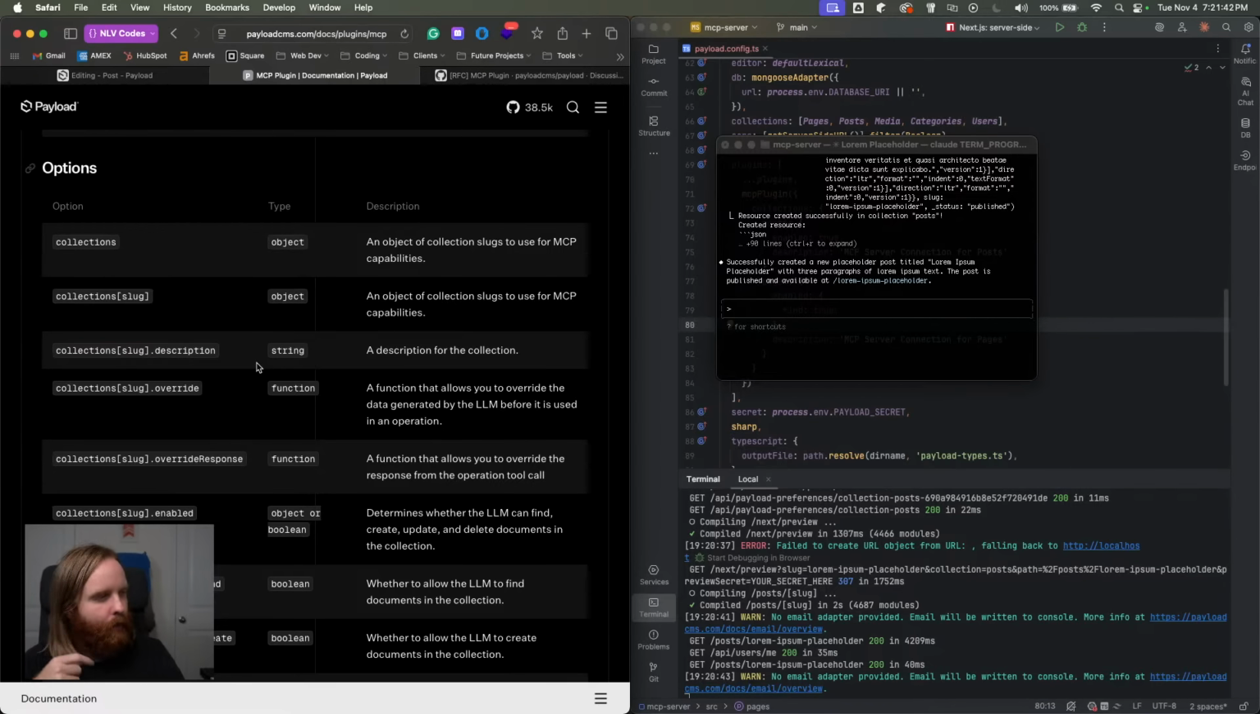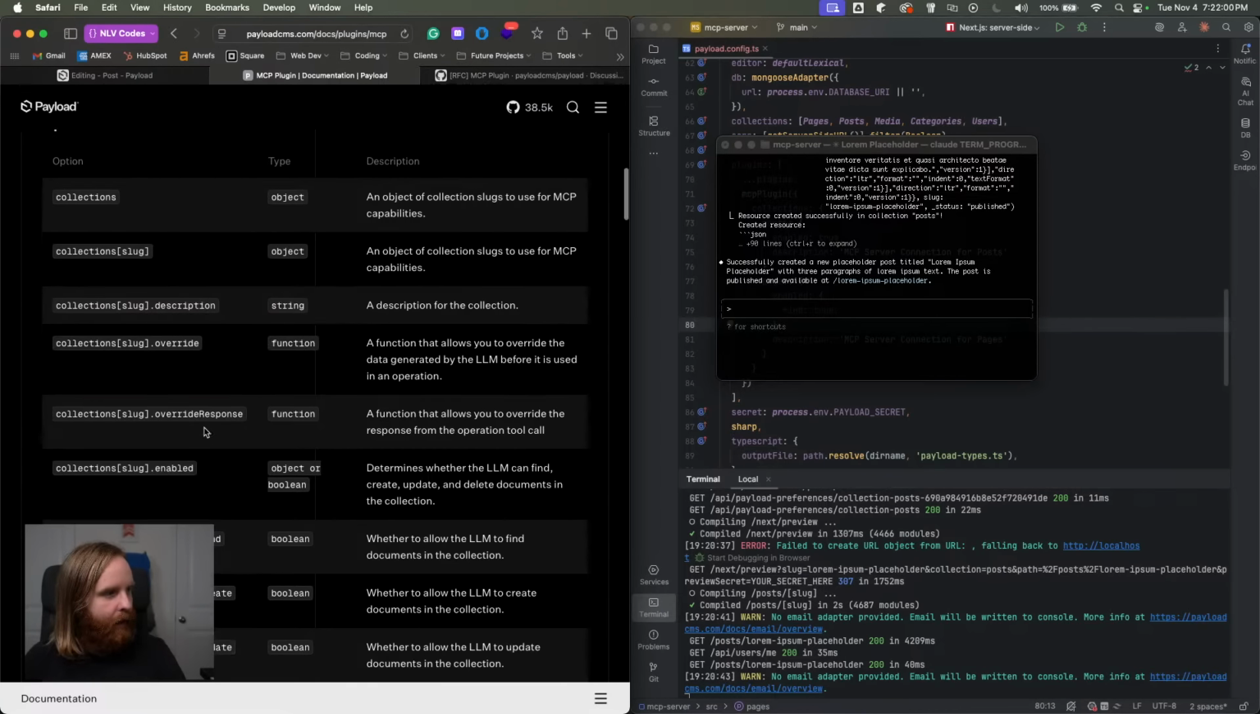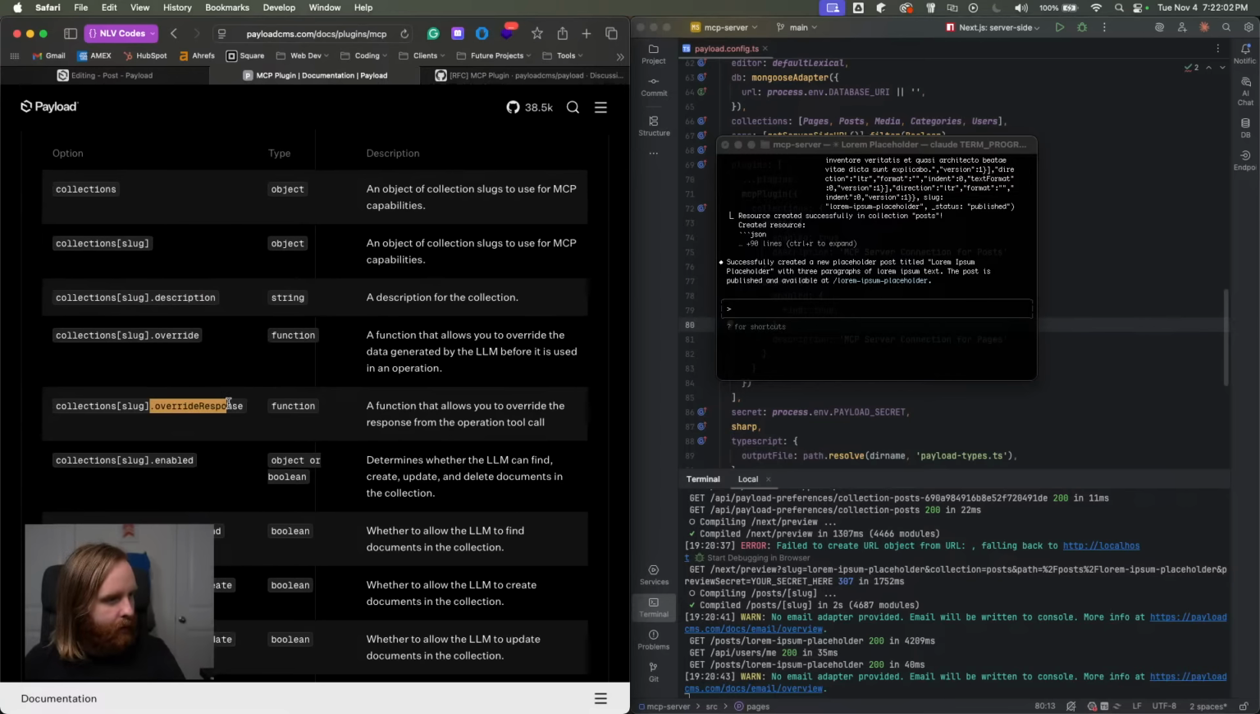Not exactly sure what that means. A function that allows you to override the data generated by the LLM before it is used in an operation. So you have the opportunity to override what data is generated by the LLM by using the override option, which takes a function, and you can also return the response. So you can override both the data generated by the LLM and the response provided by the LLM from its